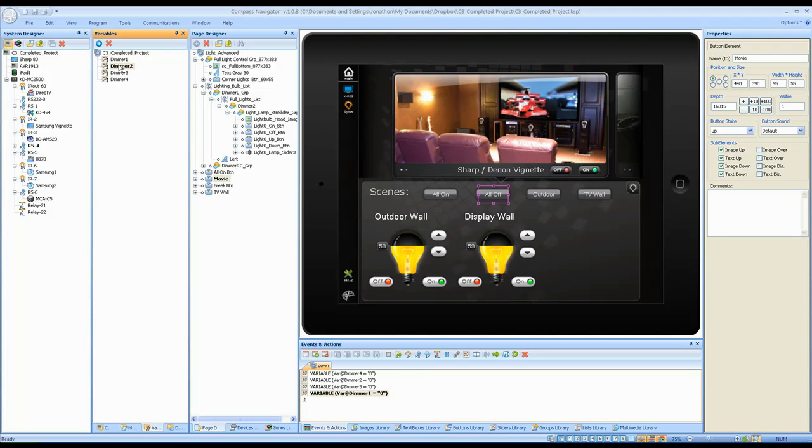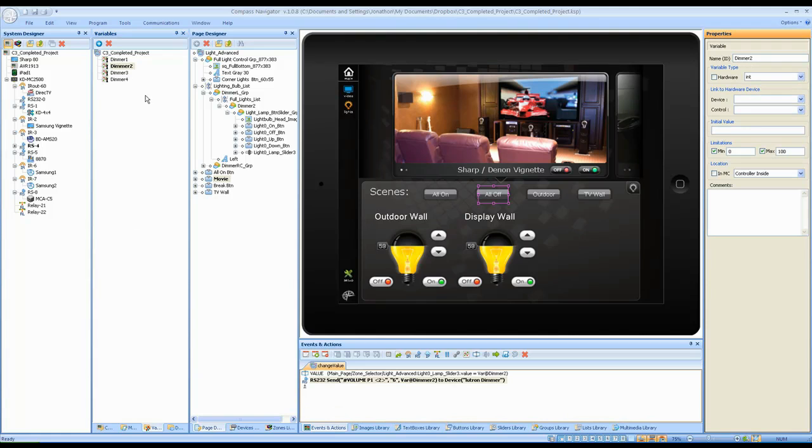And now we can take a look at our variable. Dimmer 2 variable, for example, contains the GUI change, where the level of the value of the variable affects the GUI change to show the appropriate level, for example, level 59 on the bulb, and also contains the command that is the volume parameter 1 command,